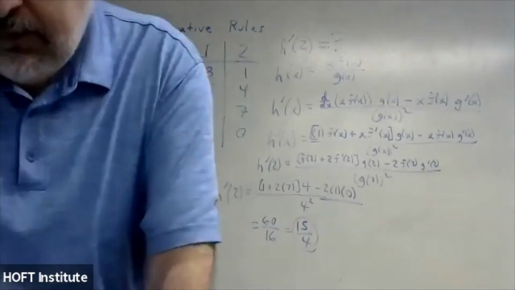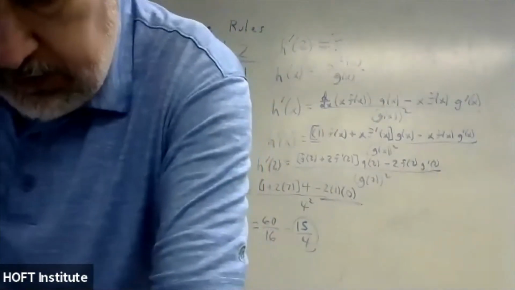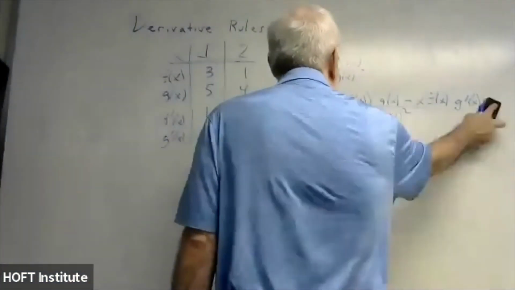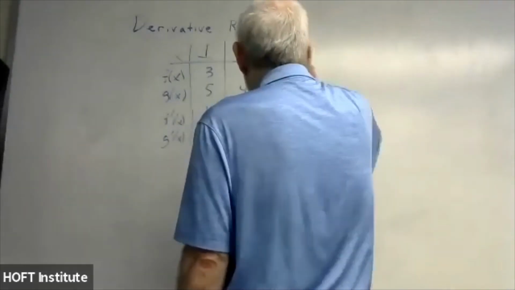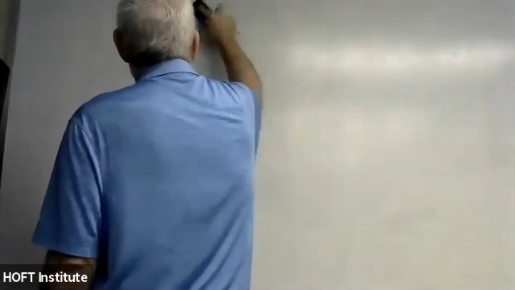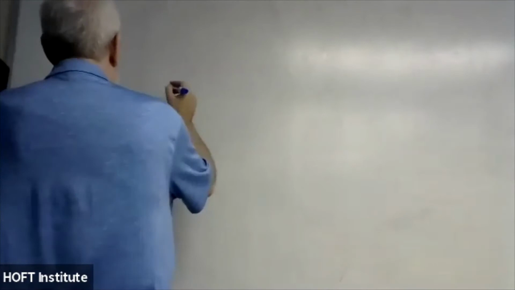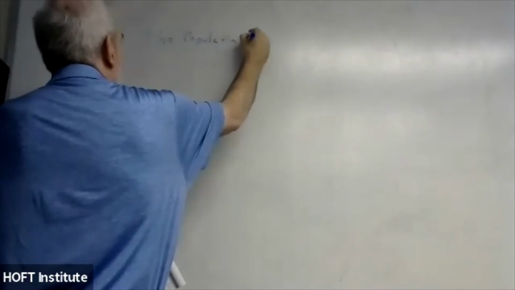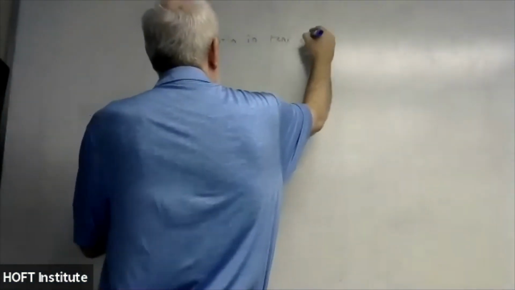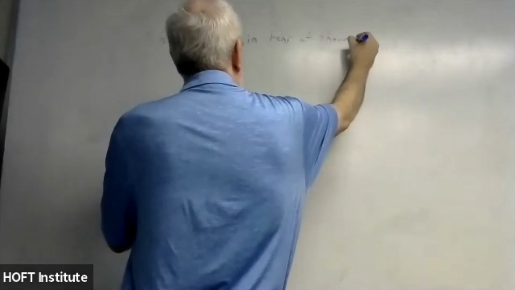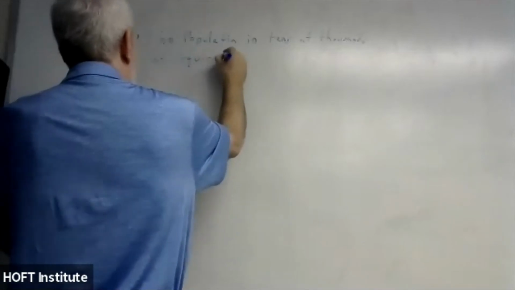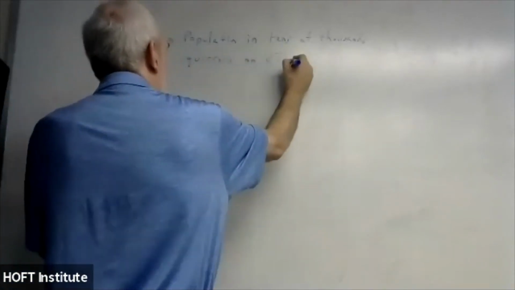Okay, I think I have one last example that I'd like to do. This is going to be a real world example, like a word problem. So the population in tens of thousands of squirrels on UT campus